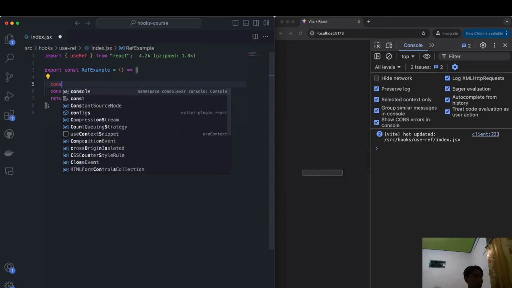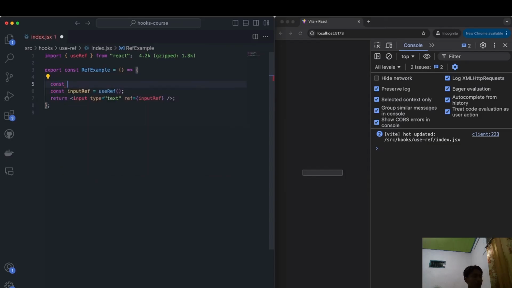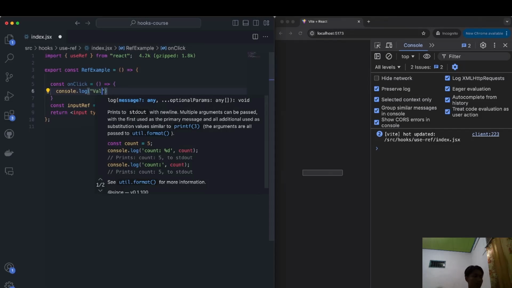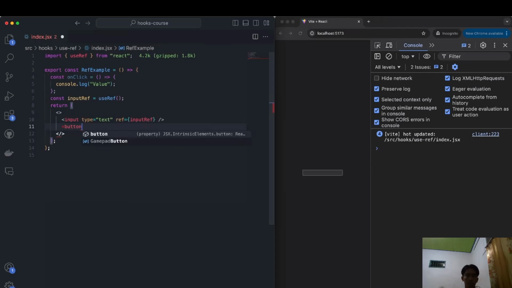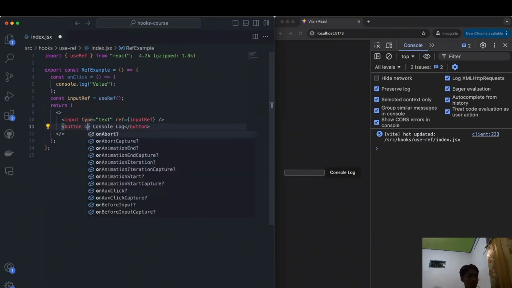Now, if I want, I can create here a button that, let's call it onClick. I'll create a function that all it does is just console logs the current value of the input whenever we call this function. To do that, I'll create over here a button right next to this input. So we'll create the button and we'll call it console log. Sorry about that, console log. And we'll pass in this onClick to this button. So onClick